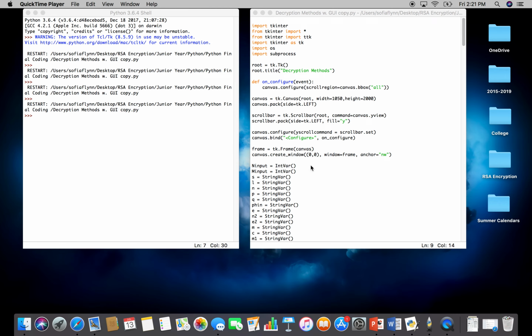My name is Sophia Flynn, and I created this application, RSA Decryption Methods, using Python programming software and one of Python's built-in tools, tkinter, to create my graphical user interface. The focal purpose of this application is to calculate the value of the decryption key D in RSA encryption using two classically time-consuming methods involving semi-prime factorization and logarithms, and from there, the app can calculate the amount of iterations